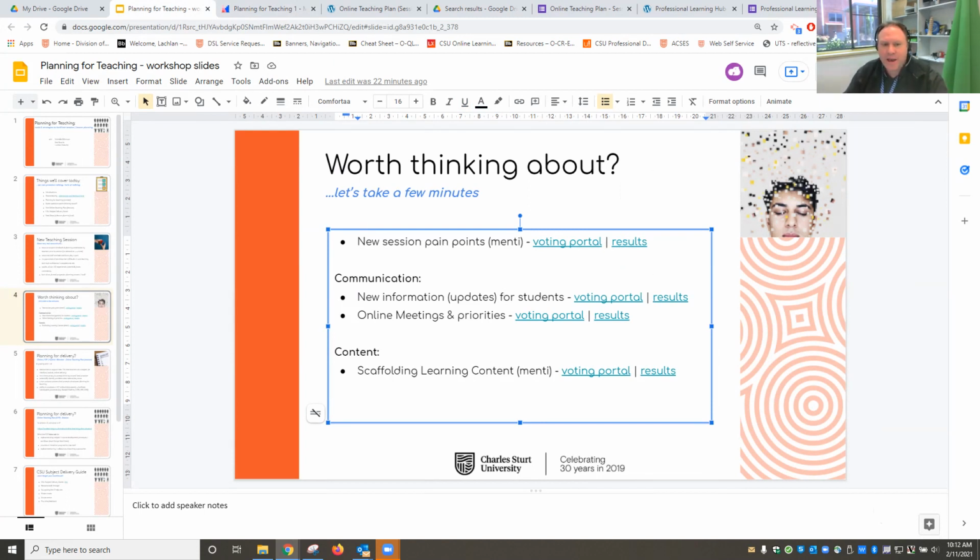So the next question we have in there is about how you provide new information for students. Jed's provided the link to the voting portal. How do you provide new information to students? And I'll pop the results up.